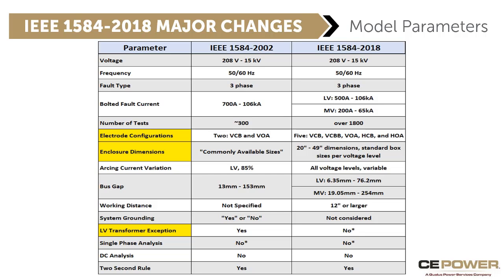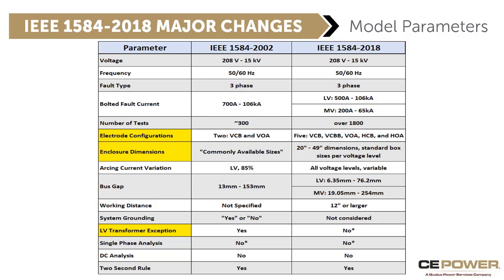Now it is, it's 12 inches or larger. Again, not maybe a huge deal because the typical working distances that we consider are already greater than that. Typically, we look at 18 inches or greater. System grounding was looked at in the 2002 model. They didn't look at that in the 2018 model. Their basis for that was that the calculations were based on a more stable arc, and so they didn't need